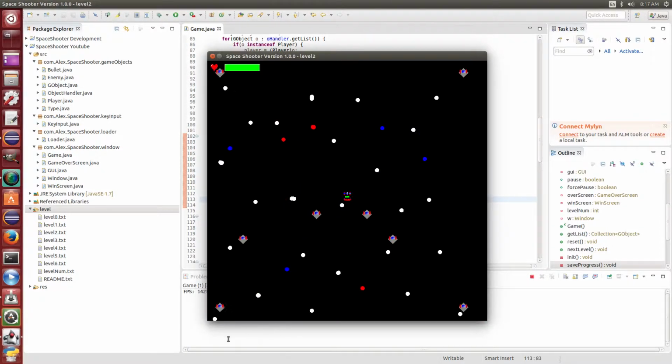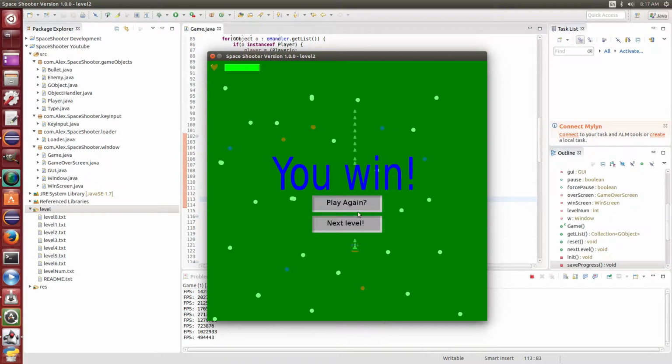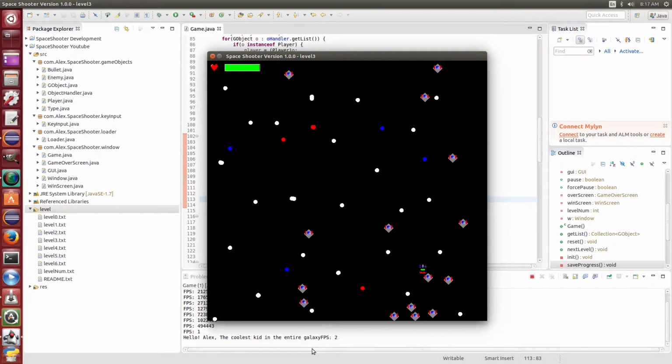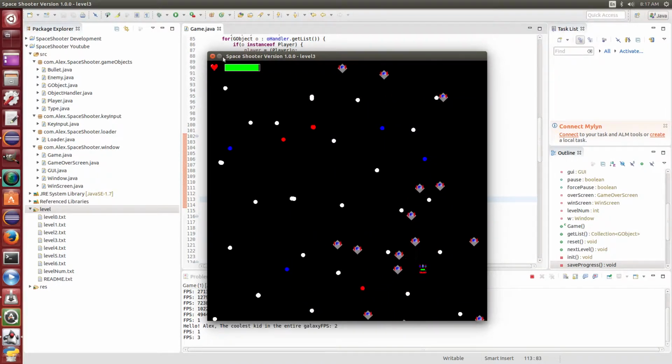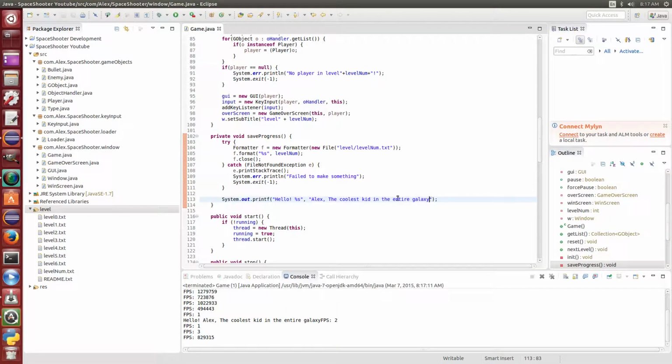And once we beat this level, hello Alex, the coolest kid in the galaxy. And it types in the FPS for some reason. So basically it prints,